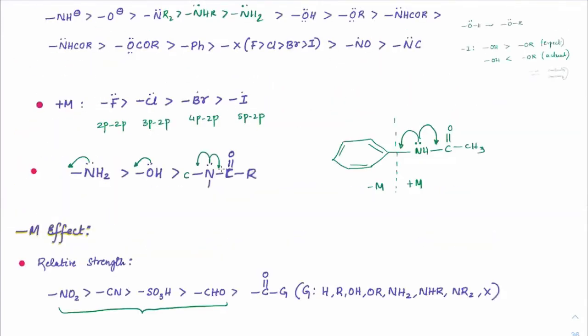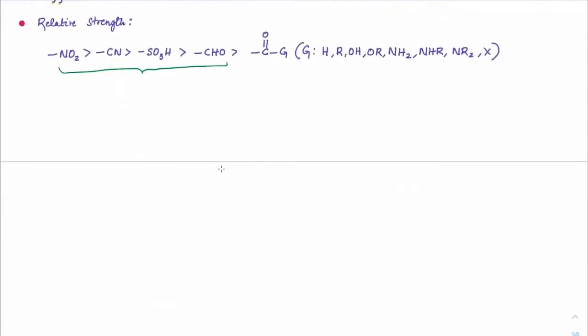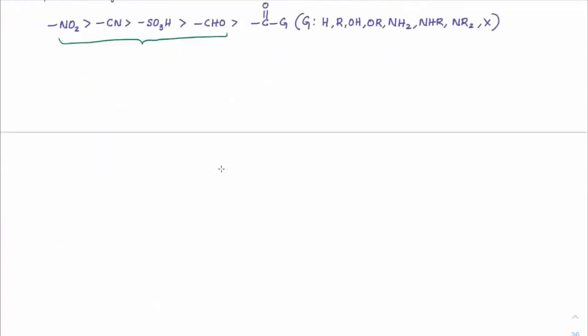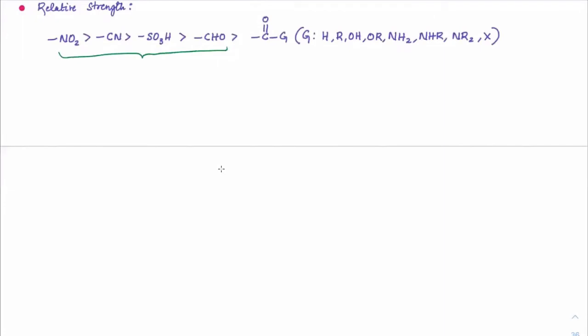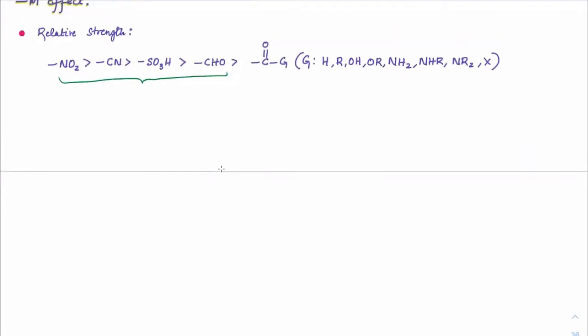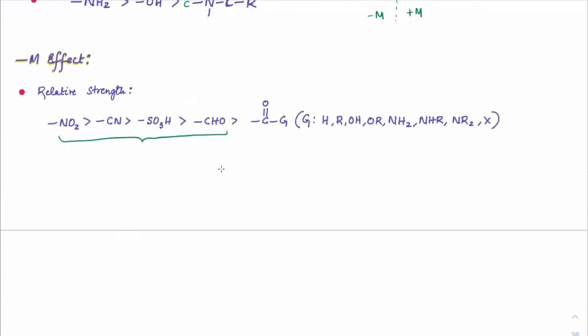Now, you only have to remember halides, this and this. Only these three, everybody, the ones which I highlighted. Halides, how they are, these three, how they are, and in case of the minus M effect, how these four are. Next, the rest of them you will come across here and there when you discuss chapter by chapter, but otherwise majorly the questions asked would be on these three. Okay.